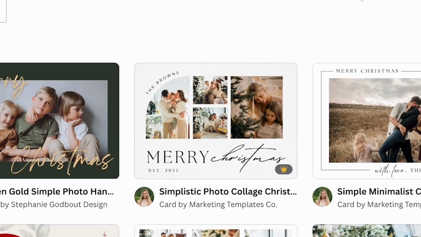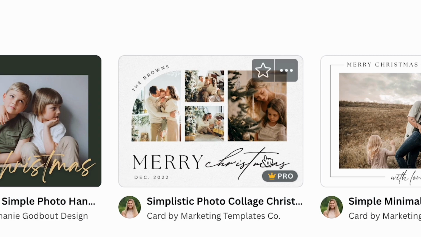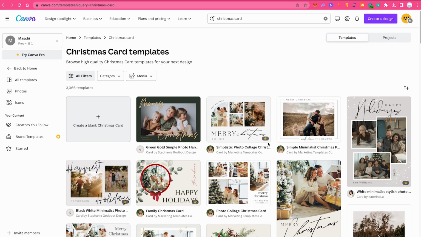One thing to note is that some of these templates have a crown symbol in the lower right corner. Whenever that is the case, this is a Canva Pro template and you can only use it if you are a Canva Pro user. So as a Canva free user, make sure to select a template that doesn't have this crown symbol in the